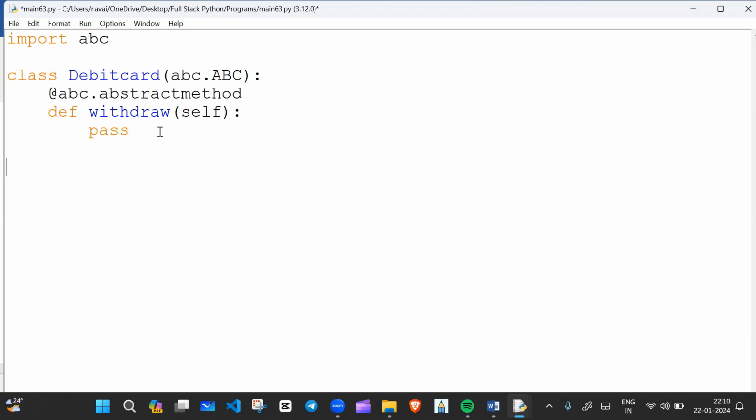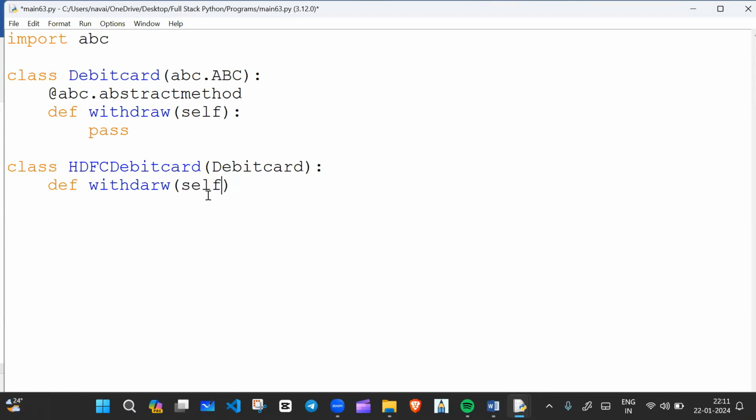Right, now I will create a class like HDFCDebitCard. For example, if HDFC bank creates a debit card, definitely it will follow the rules provided by the RBI. The rules are defined in the DebitCard class. So HDFC debit card must inherit which class? The DebitCard class. The moment it inherits the DebitCard class, automatically this method comes here to the HDFC debit card. So here we will write the definition of the withdraw method,